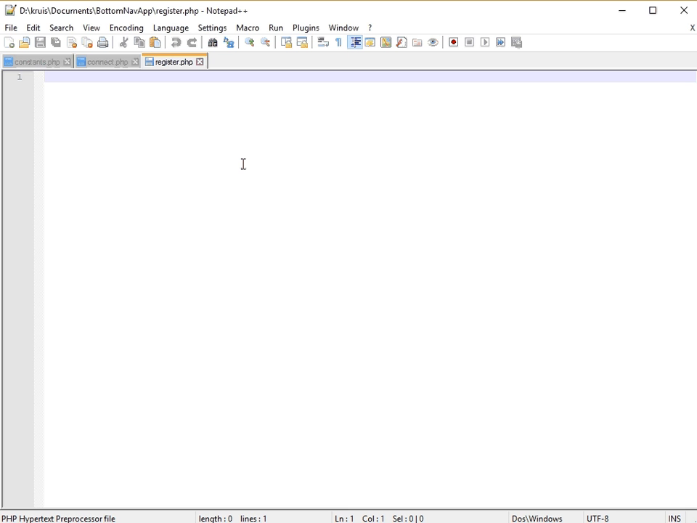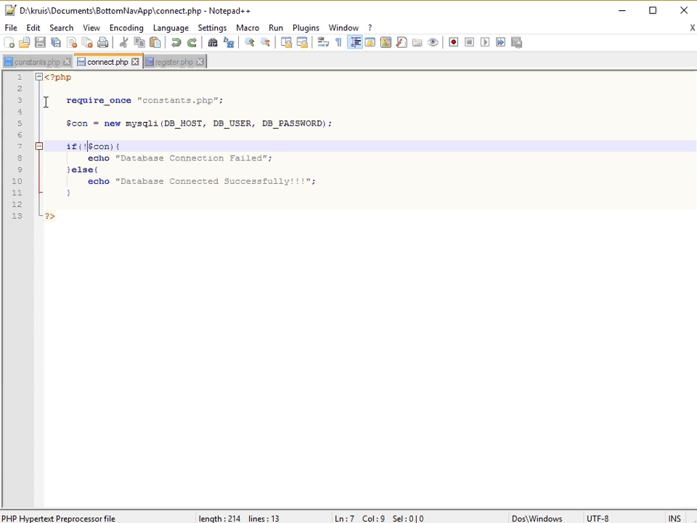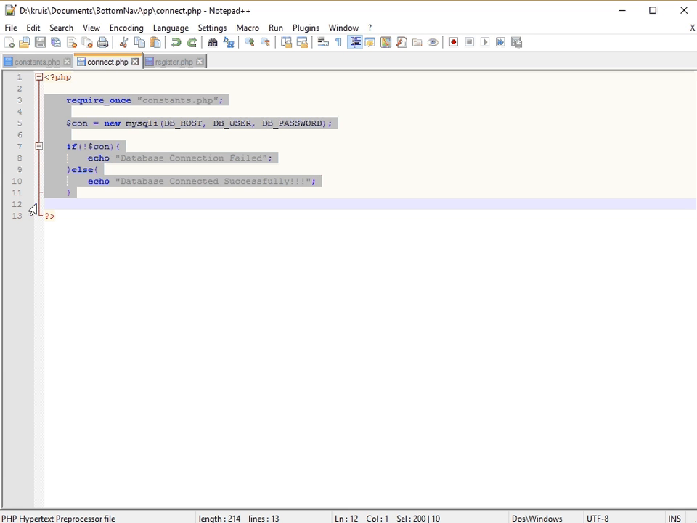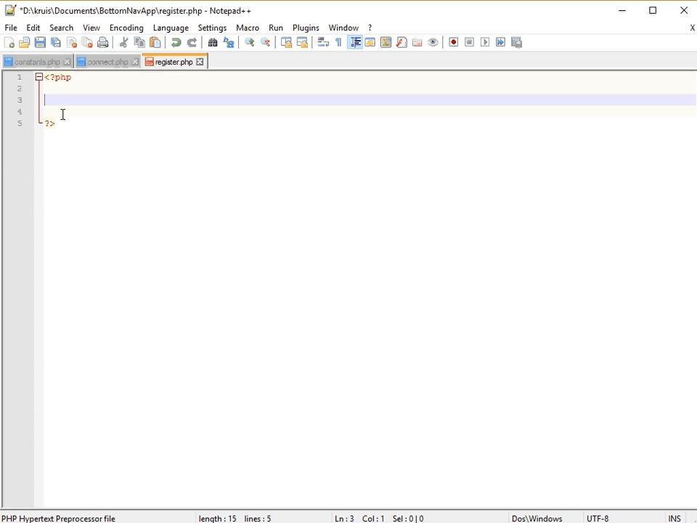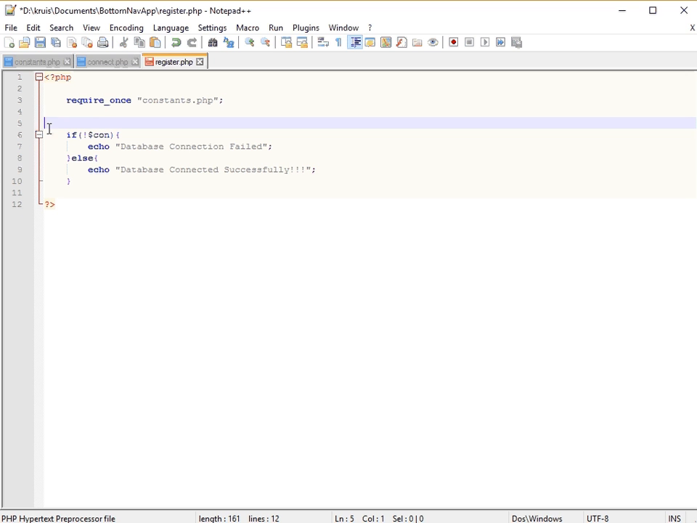Okay, so now, of course, how do we start off PHP? All right. So what we're going to do is come back over here to connect. This is the easiest way to do it: copy all that, Control C, paste it, Control V, and we don't need that because that's over in our connect page. So we're going to say we require once connect.php,